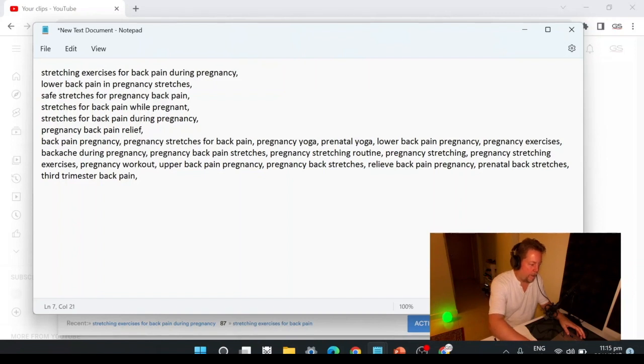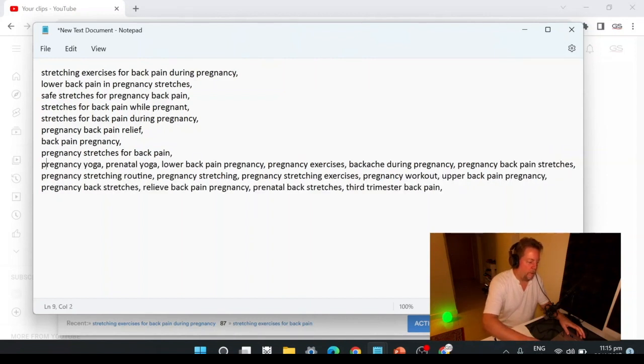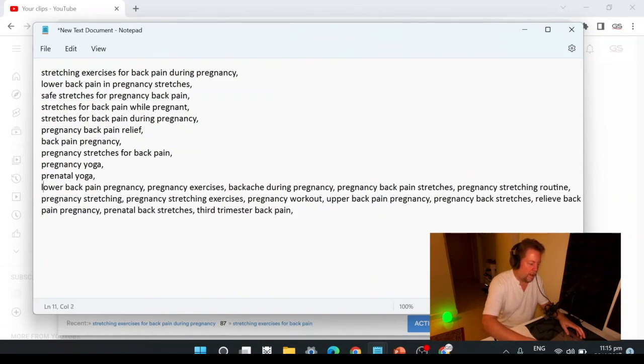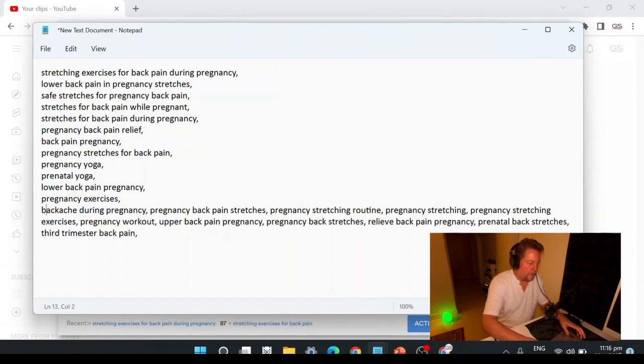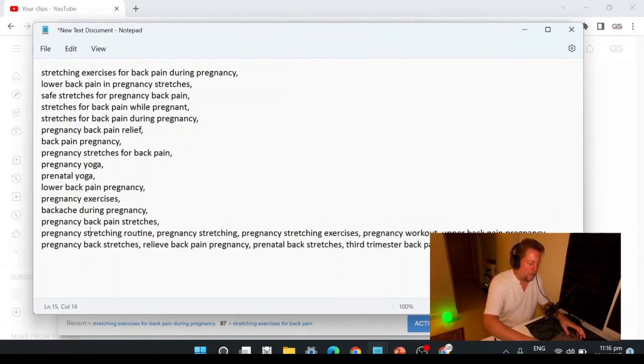I know about back pain, but I don't know about back pain while being pregnant. But it doesn't matter if I know much about it or not, because Google knows everything.